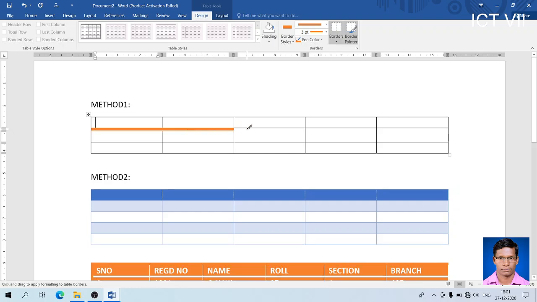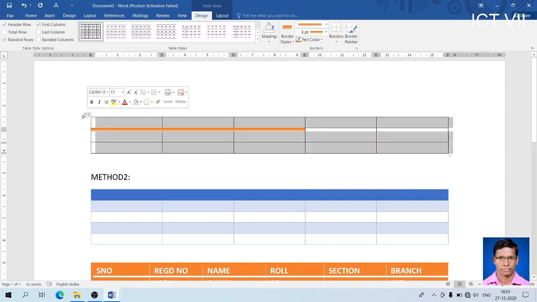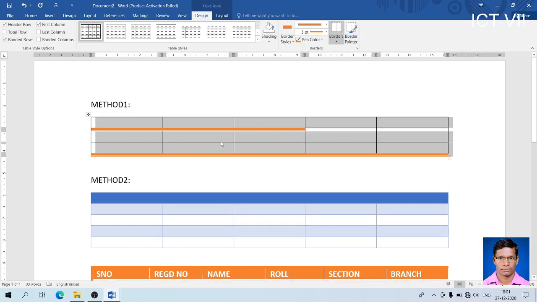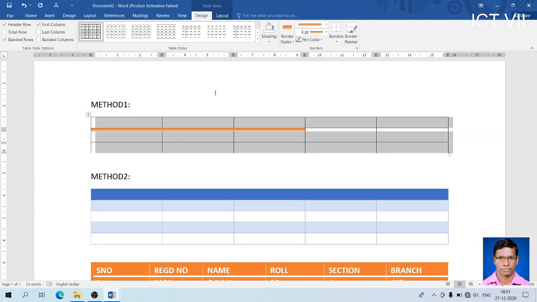When you click there, change it. Just select and